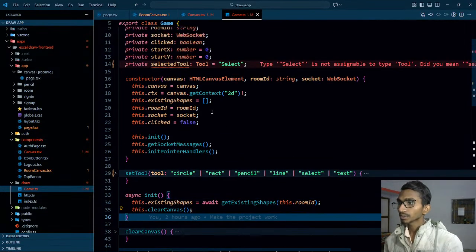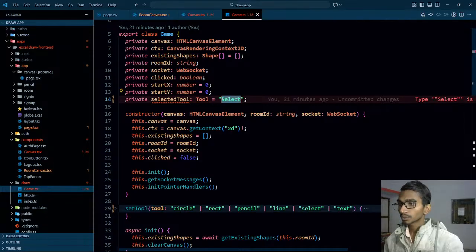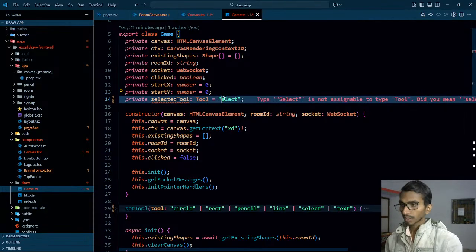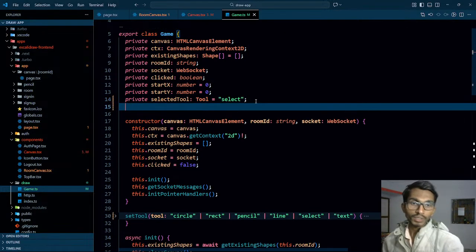I'm already in my class. Selected tool is select. What is the problem with this? It should be small, not capital. Okay, so it is fine right now. The next thing that I need to do is add some properties over here. The first one is going to be selected shape ID,